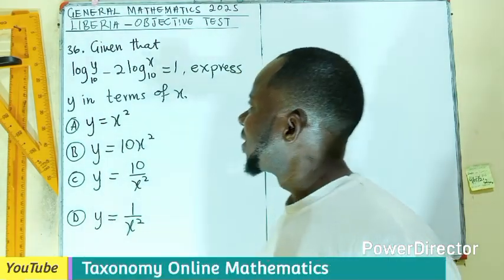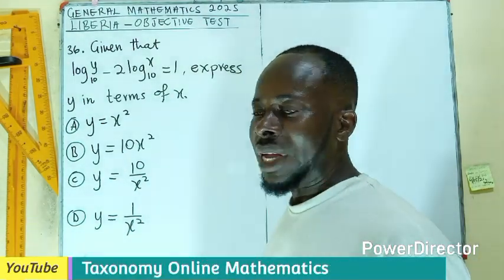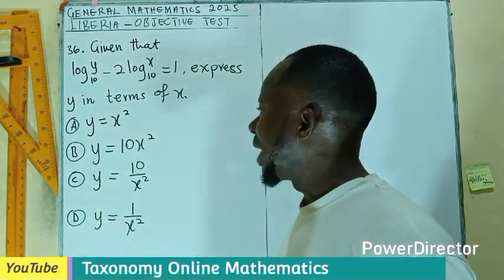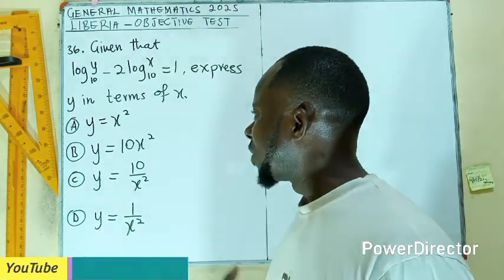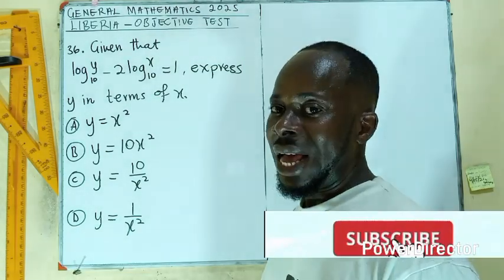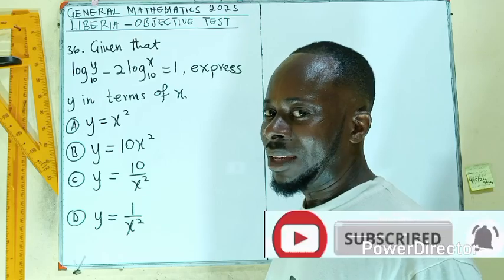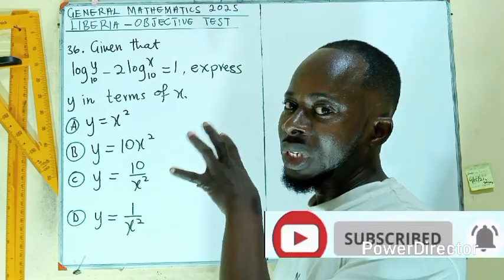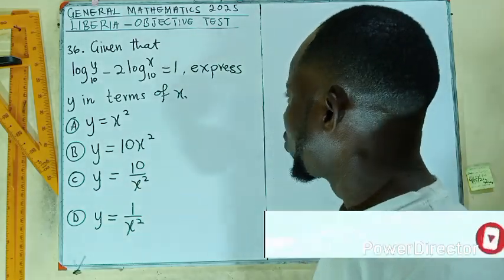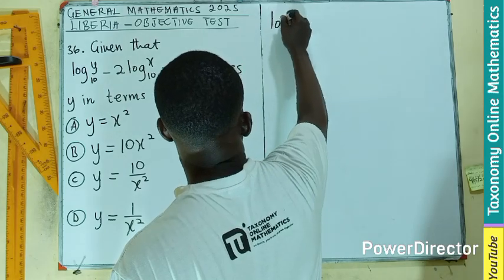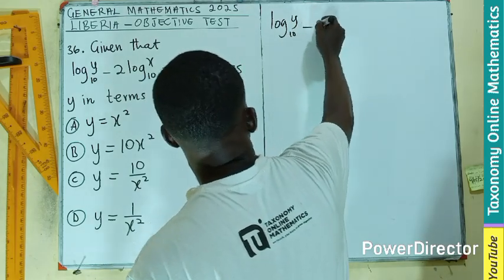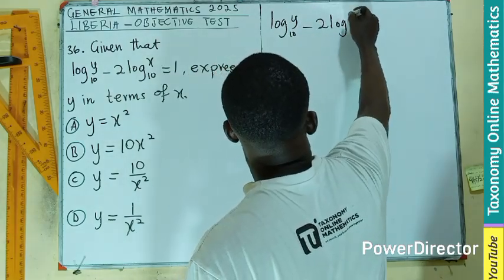Question 36. Given that log y base 10 minus 2 log x base 10 equals 1, we are to express y in terms of x, meaning making y the subject of whatever final solution I'll get from this. Now, I need to know that if I have log y base 10 minus 2 log x base